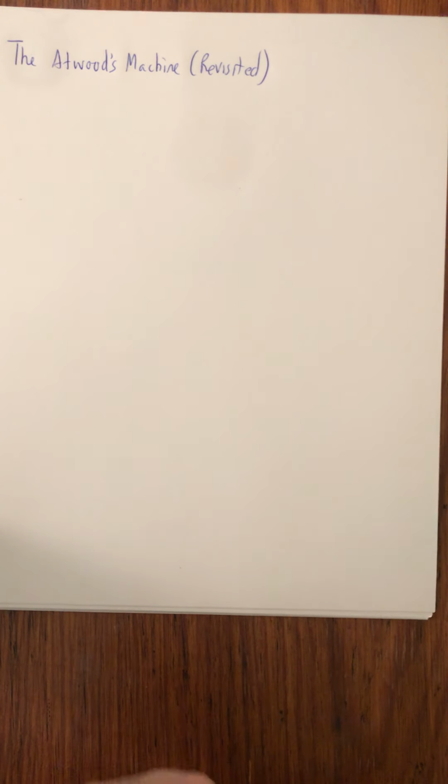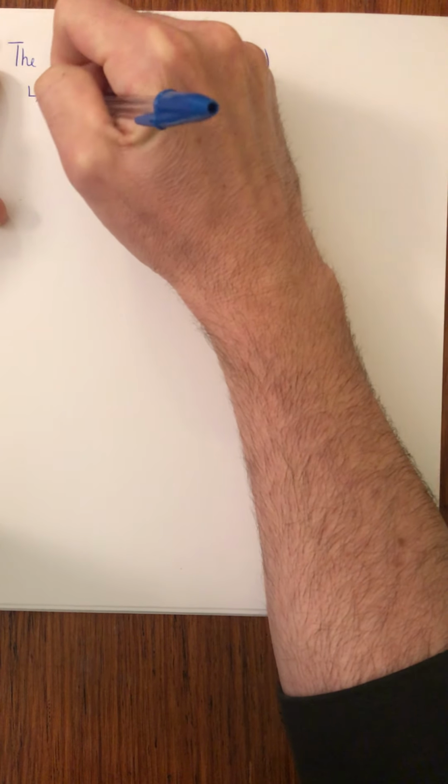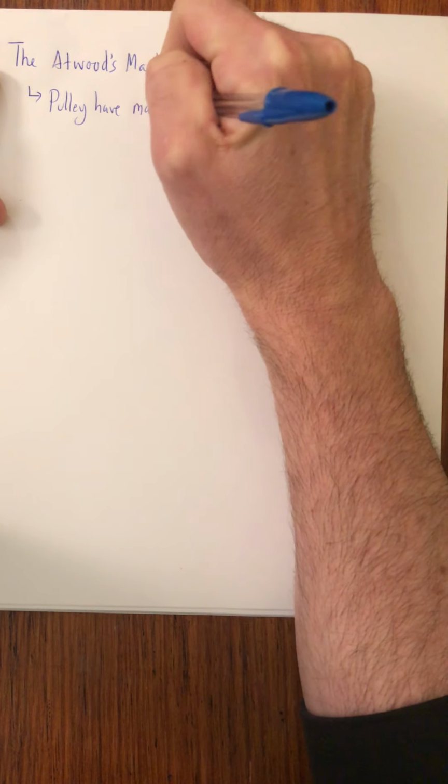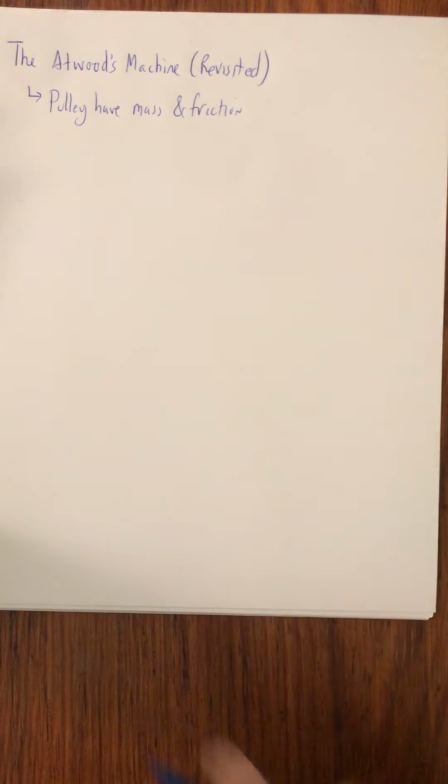So today we're going to look at the Atwood's machine again. We're revisiting this problem for the third time. And the whole point now is that we're going to look at what happens when our pulleys have mass now, and friction. So just to review something from before, consequences of the pulley not having mass and not having